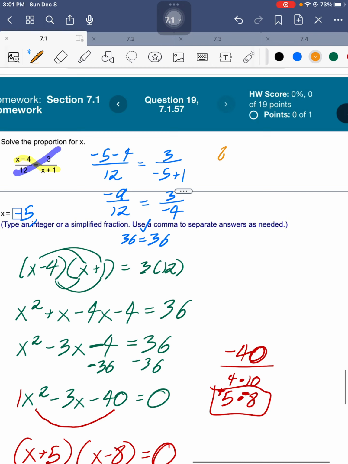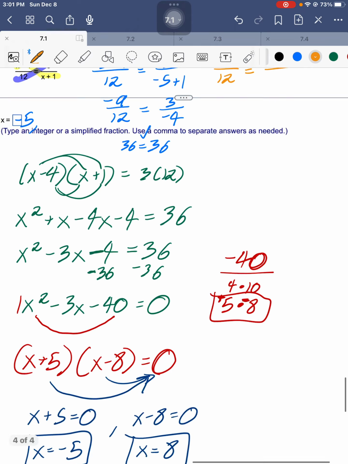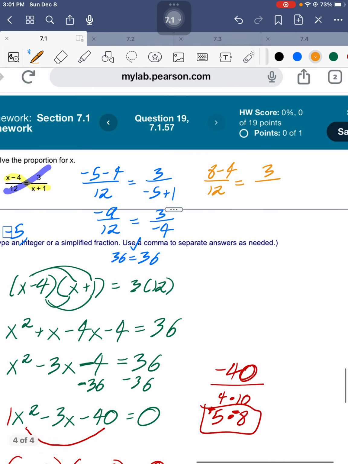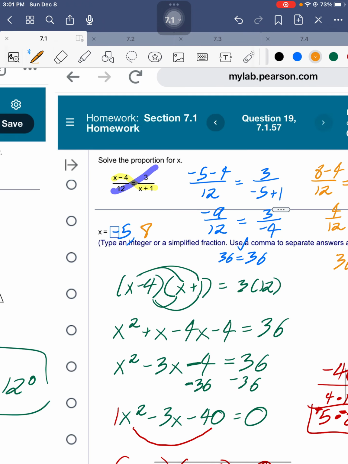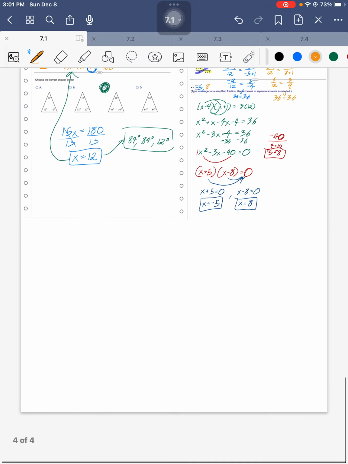So in orange, let's do the other one. 8. So 8 minus 4 over 12 equals 3 over 8 plus 1. What is 8 minus 4? 4 over 12 equals 3 over 9. Let's cross multiply. What is 4 times 9? 4 times 9 is 36. And 12 times 3 is also 36. So both my x's were valid. So my answers are x can be negative 5